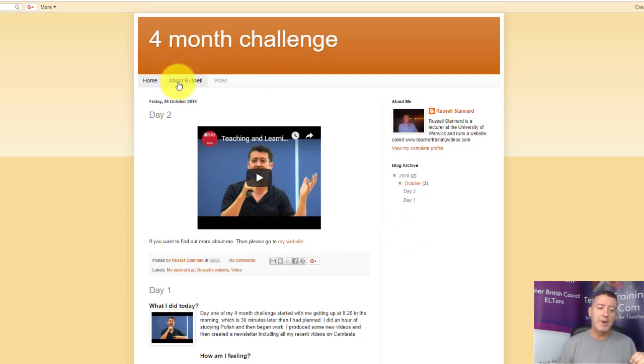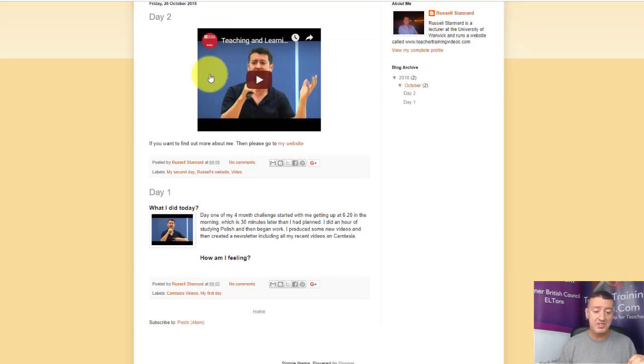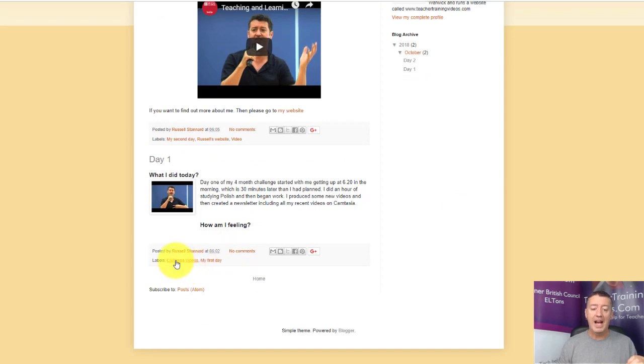As you remember, when we created the post, we added labels to the different posts. In fact, underneath the post you can see those labels here. What you can do is create a label menu that will include all the labels that you used to describe your pages, and that will allow another way of navigating the system.